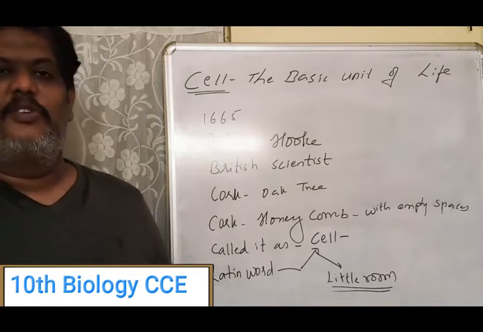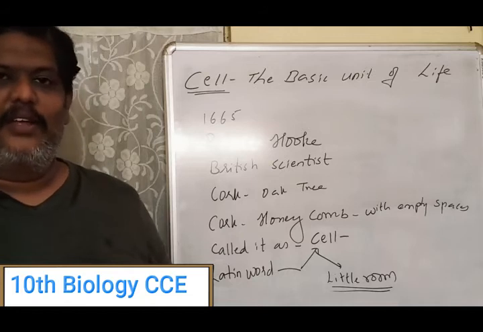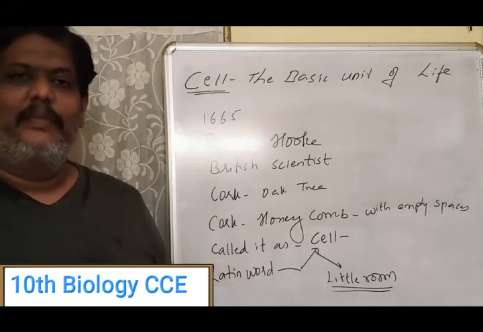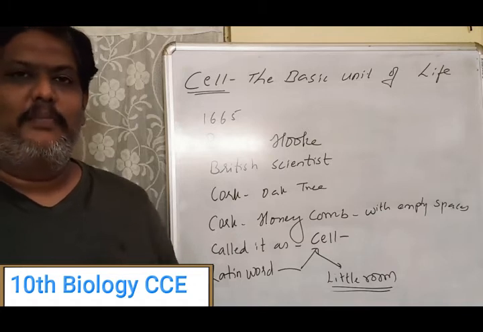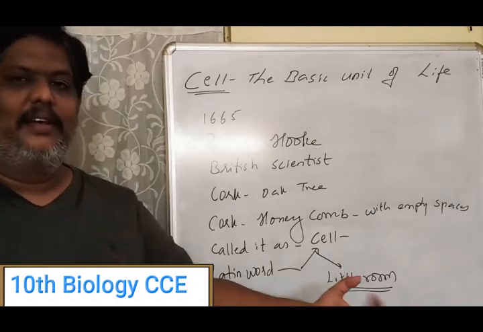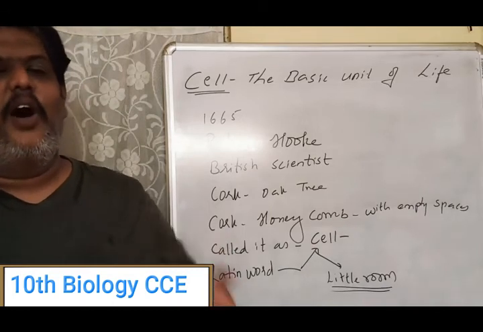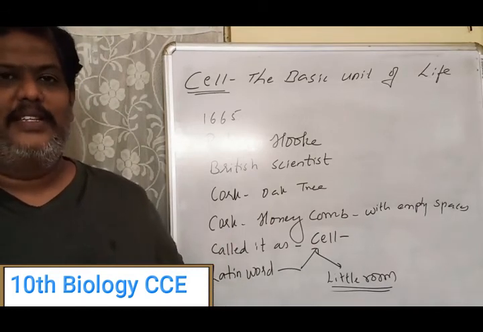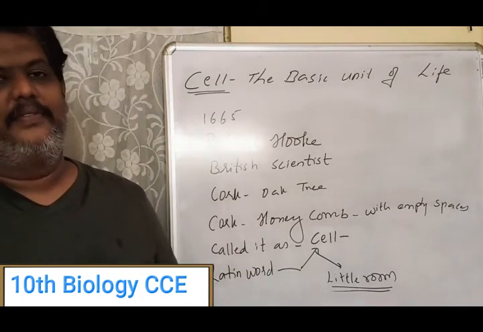Just assume that each and every organism has organs, and if you take that organ and check it out, even that will be made up of cells. That means our whole human body is made up of cells. If you take the insects, the fishes, the animals and whatnot, each and every organism is made up of cells. That is the reason why we call the cell the basic unit of life, isn't it?